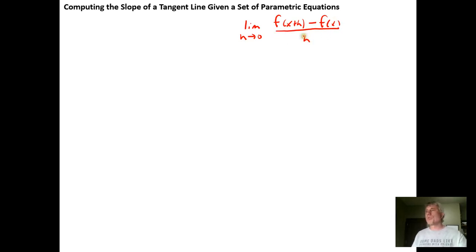And what we want to understand is that this is one of many forms that the derivative can take. We want to recognize that the numerator is actually a change in y, and the denominator is just the change in x. It's the slope of the secant line between 2 points. If I have 2 points and I establish the secant line going through those points,